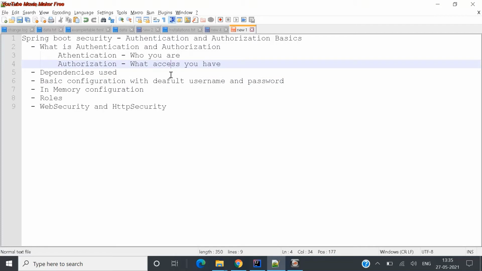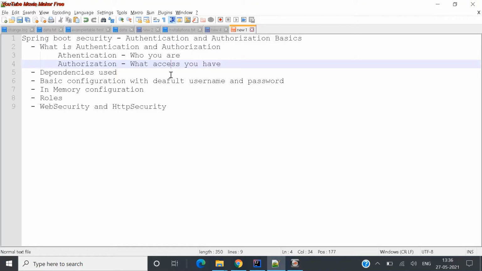Sign up is nothing but creating your authentication details, like your username and password. Once you have generated your username and password, the next time you try to log in, it will authenticate you with that username and password, whether you are the right user and your credentials are right or not. That is whether you have access to log in to that software or not. That is your authentication.